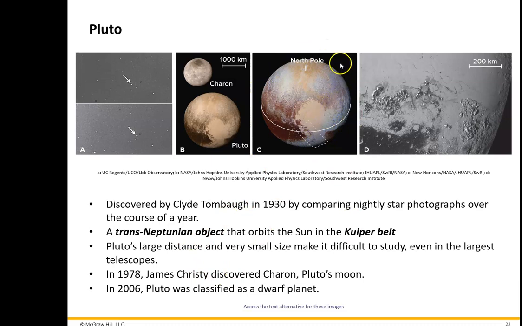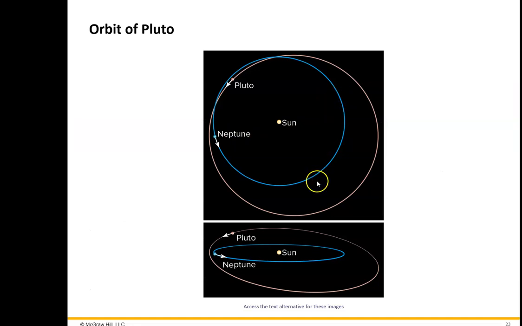In 2015, NASA, which had launched the New Horizons spacecraft 10 years earlier, gave us these close-up pictures of Pluto and Charon. So anyhow, Pluto was always an oddball. One of the strangest things about it,